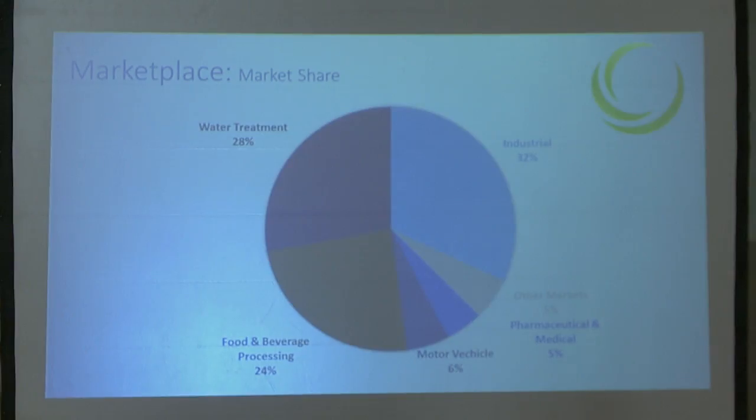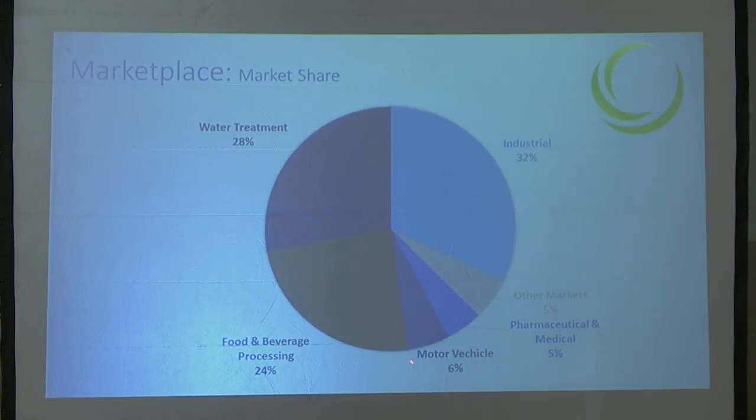So market share, as a pie chart, we're focused right here on the industrial side, 32% of the market. We would like to be in the water treatment side in the very near future, and like I said, this is 28% now, but it's increasing. Food and beverage processing at 24%, pharmaceutical and medical 5%, with other markets also at 5%, and motor vehicle at